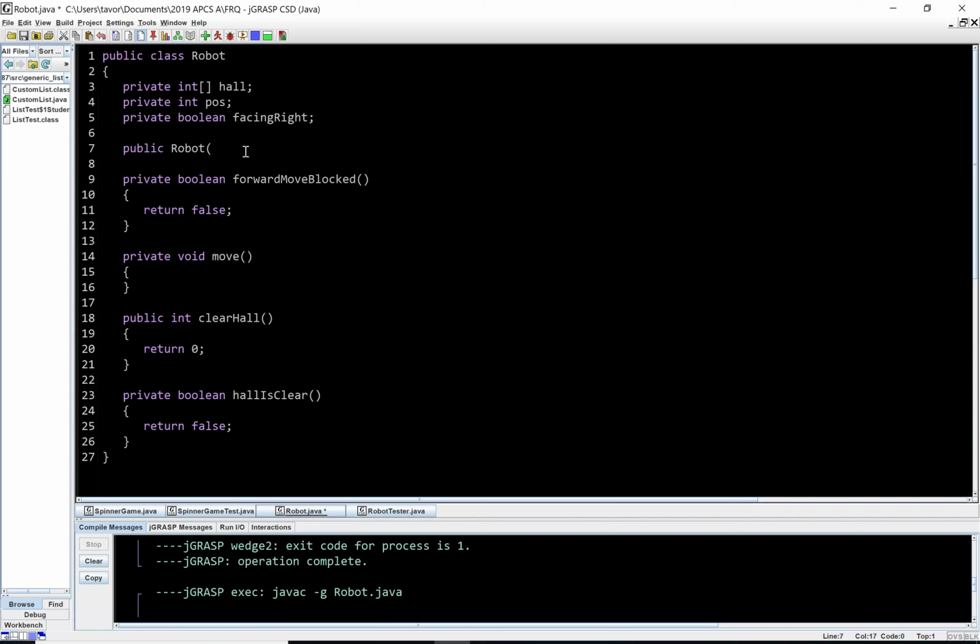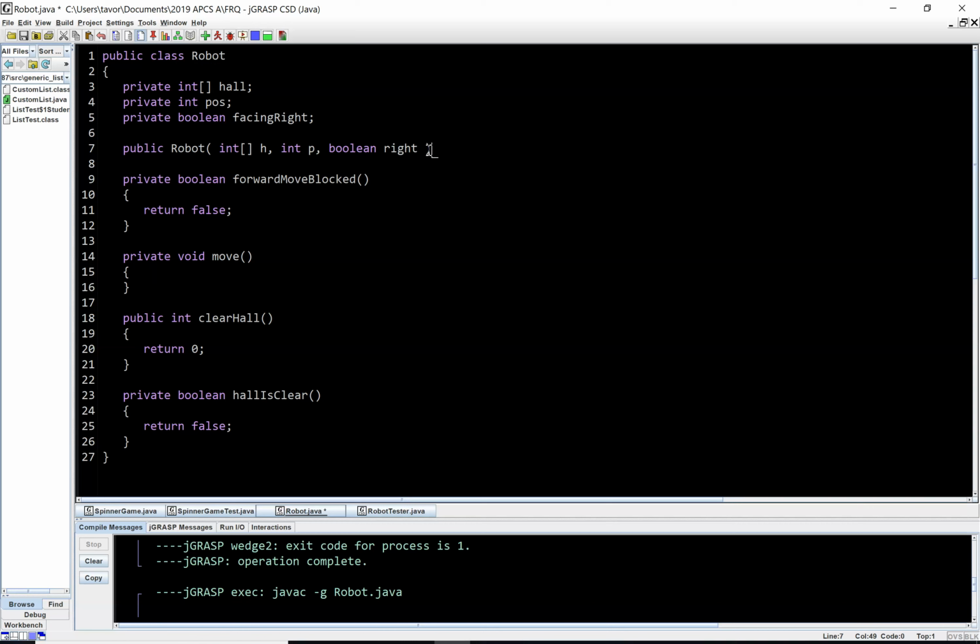We need 3 parameters because I'm trying to initialize 3 instance variables. The first is going to be an array of integers, and I'll just call it H, short for haul. Then just a single integer, which I'll call P, short for position. And then finally a Boolean parameter, which I'm going to call right,